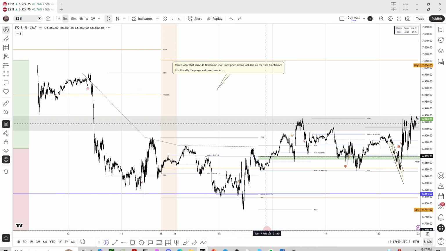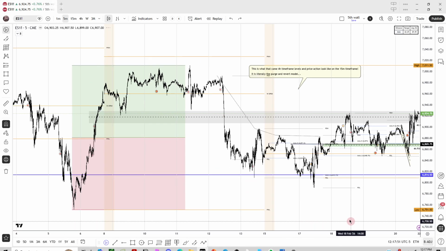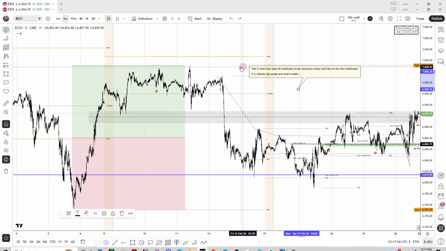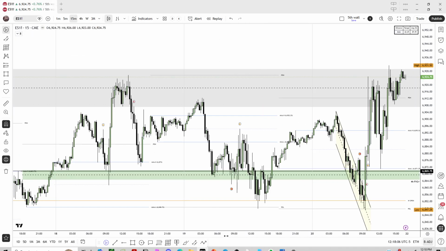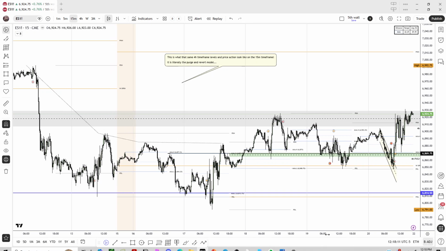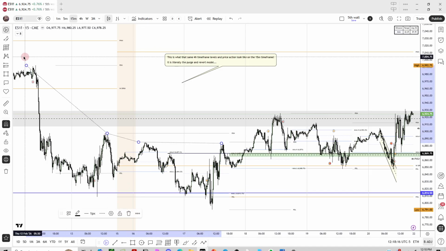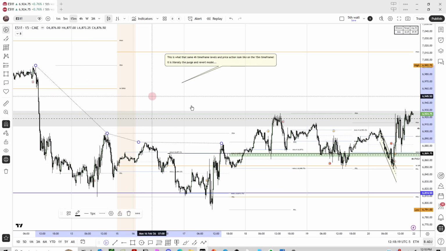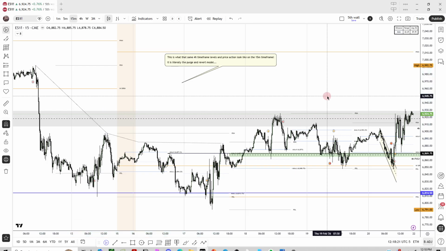Well, let's see. This is the 5-minute chart. This is what that same 4-hour time frame levels and price action look like on the 15-minute chart. It's literally all right. So where was that? Like I've just been making videos and not submitting them, not opening it up for public consumption. Where are we at with it? All right, so